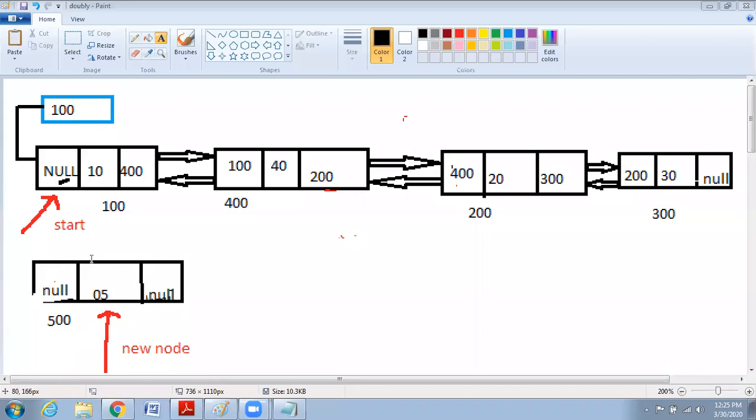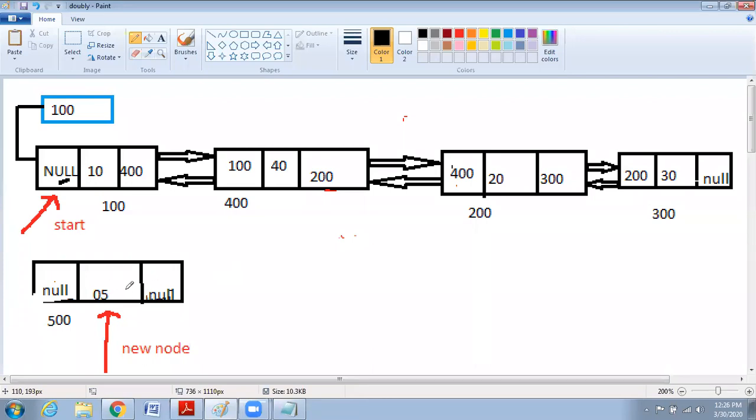Okay, guys. First, just logically tell what are the changes I should do. I want to change this place, and I want to change this new node's right also. What are the changes I should do? Understand where and all I should change. How we can do programmatically, we'll see. This we can refer with start. This we can refer with new node. See, this is the new node, this is the start node. So what are the changes I should do? I should change the start node. Then this node is going to become the first node.